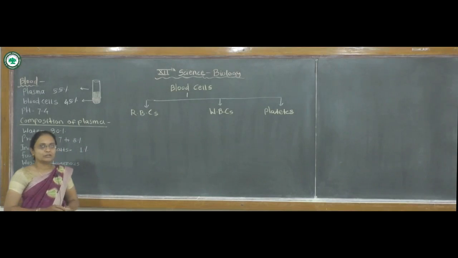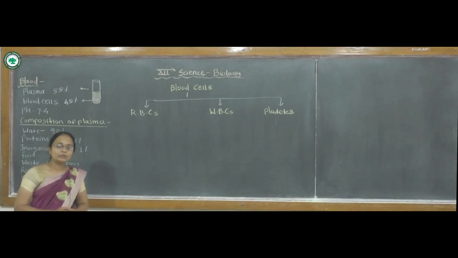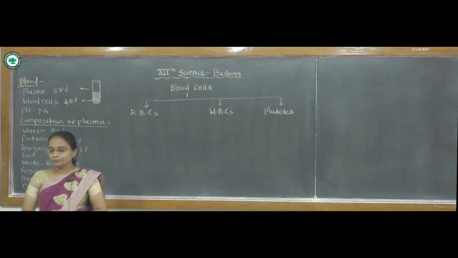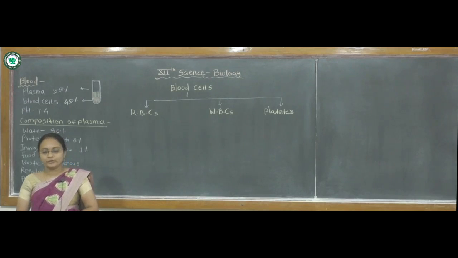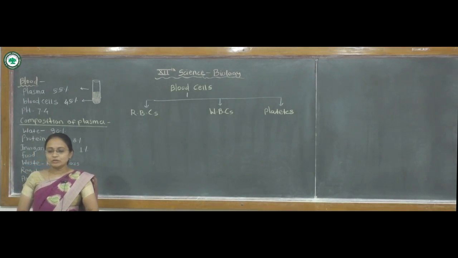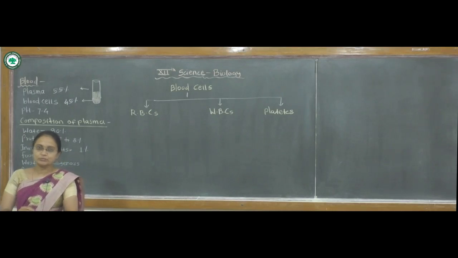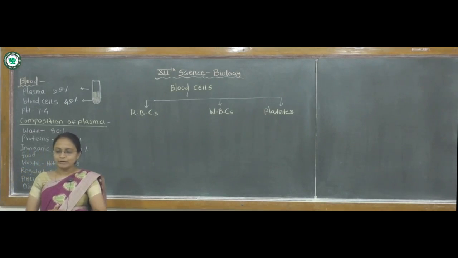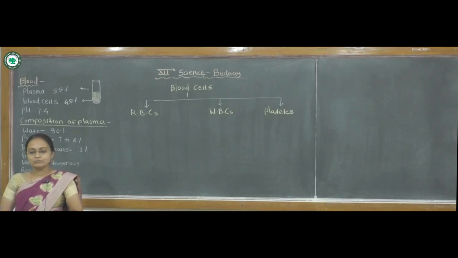The lifespan of RBCs is about 120 days. The process of formation of RBC is known as erythropoiesis. They are produced from the hematocytoblast, and their production site is the red bone marrow. In adults they are mostly formed in the red bone marrow, and in children they are formed in the liver as well as in the spleen.